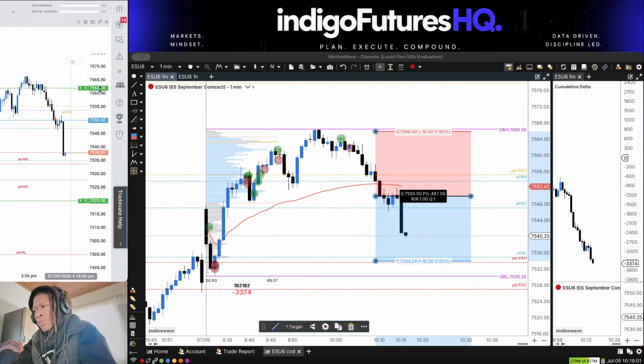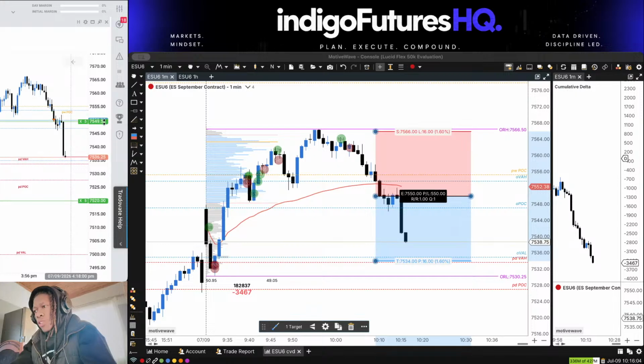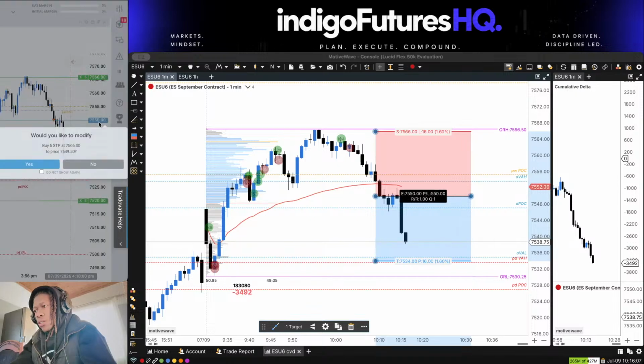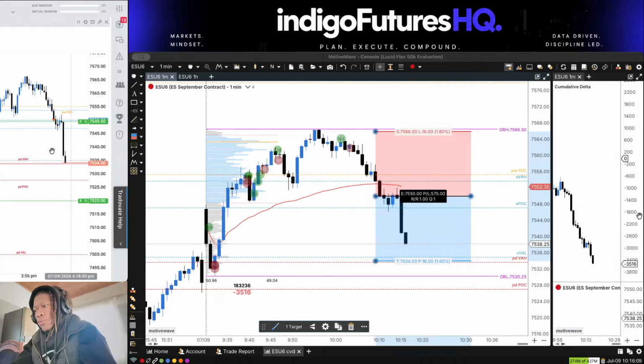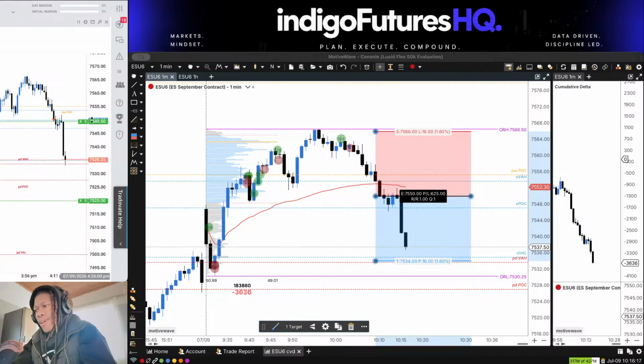Let's move this so that this isn't a losing trade. Yes, I want to move it. Okay, can we break inside value or not? Because then if we can,